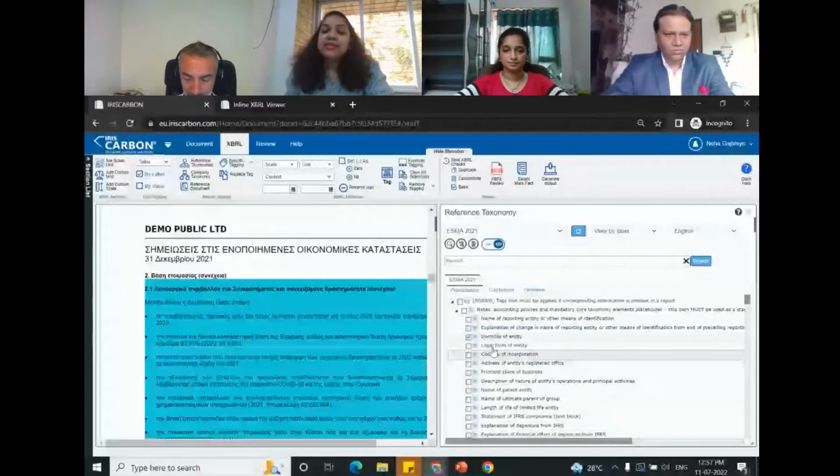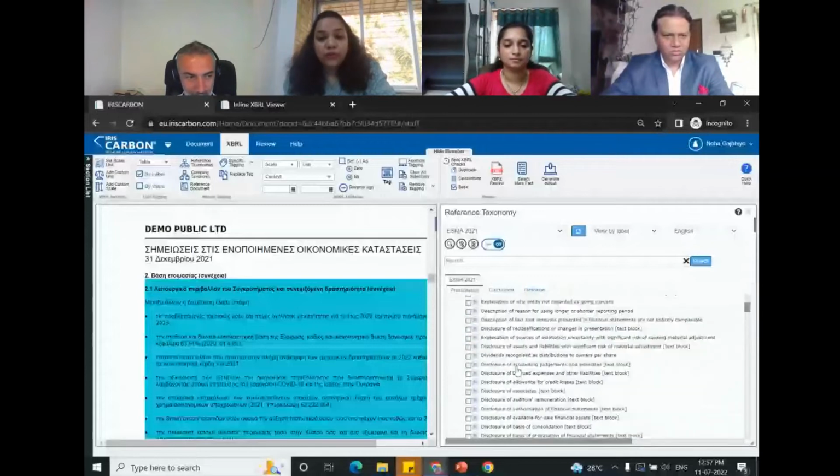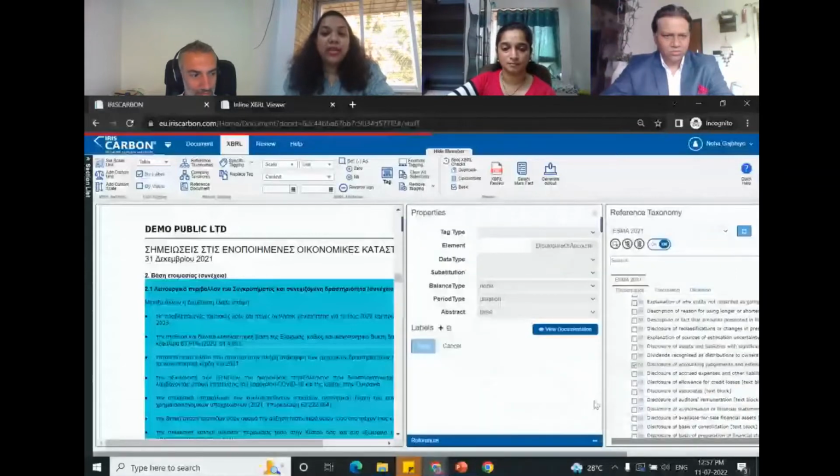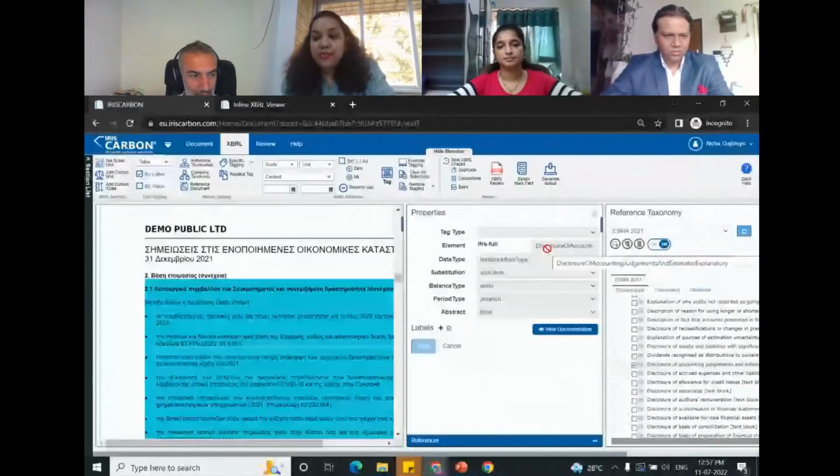But these string elements are basically to tag a particular section from a note, not the whole section. To tag the whole note, we have to select the text block elements. So if I open the properties of the text block elements, always remember that for text block elements, the element name should end with the word explanatory.